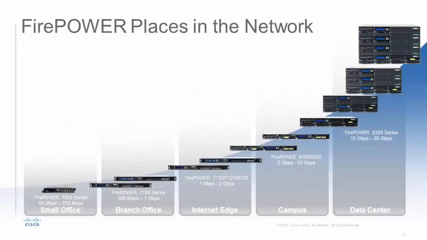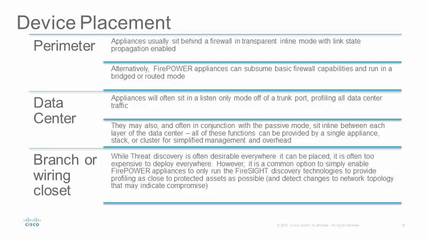Firepower appliances are deployed in the smallest branch offices all the way up to large campus networks and data centers. Traditionally, IDS and IPS systems have been found monitoring network perimeters. This would typically include end-user traffic egressing out to the Internet, and Internet traffic inbound into DMZ segments housing public-facing servers. As time has gone on and threats have become more advanced, however, we've found organizations requiring more and more